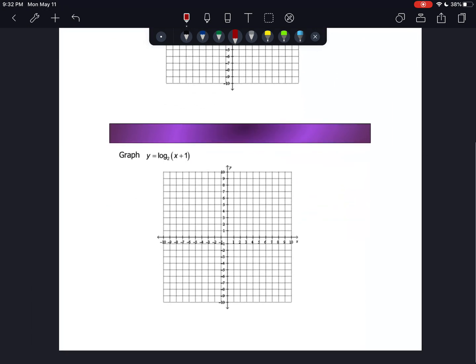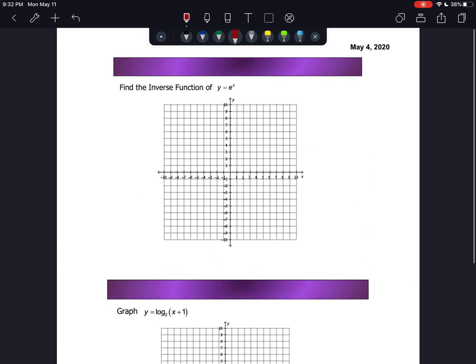So we're going to graph 2 more functions in the next video. So we're going to go a bit faster. We're going to have the inverse of y equals e to the x, and we're going to graph y equals log base 2 of x plus 1. So it's going to go very quickly, and then hopefully you'll be feeling really